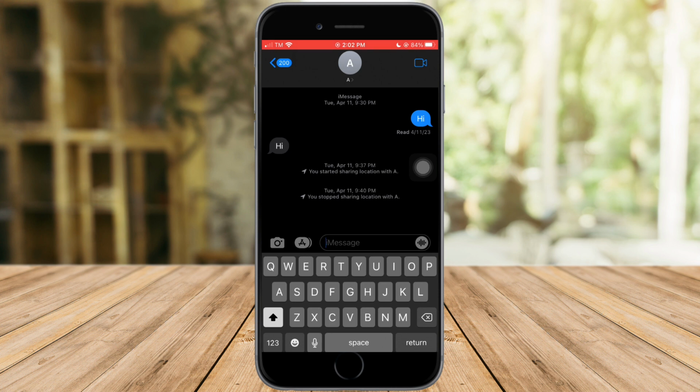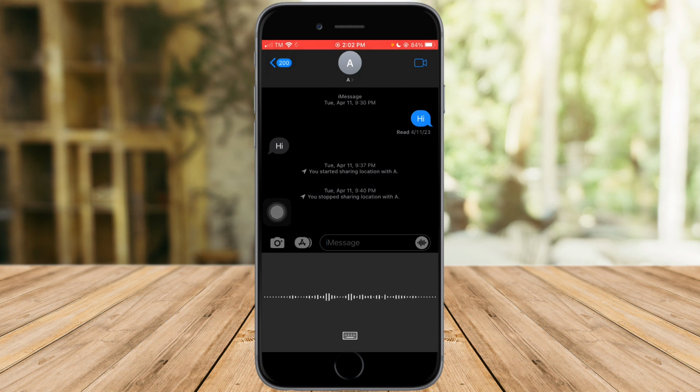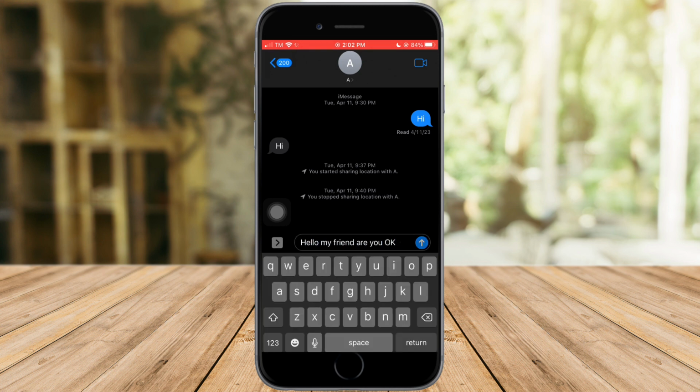And when you click that, I am on a conversation with a friend. And as you can see, my keyboard is open. And on my keyboard, you can see a microphone icon, which is right here. So when we click that microphone icon, let's try to say something, okay? Hello, my friend, are you okay? As you can see, it has typed out what I said, and I am now ready to send it to